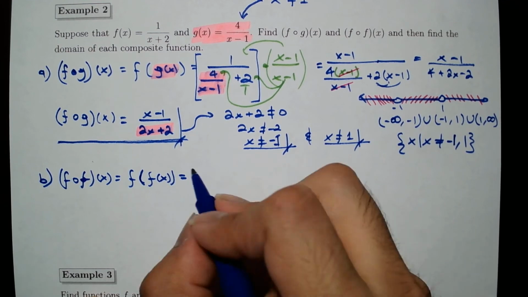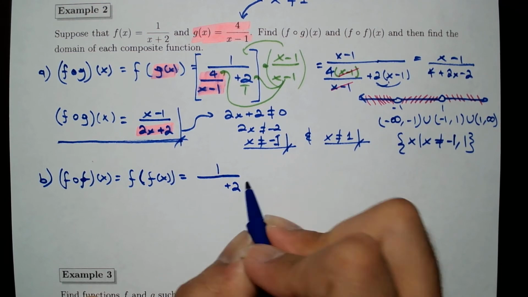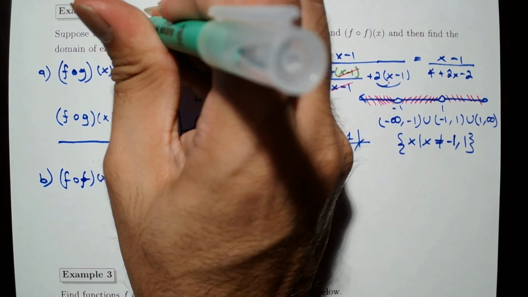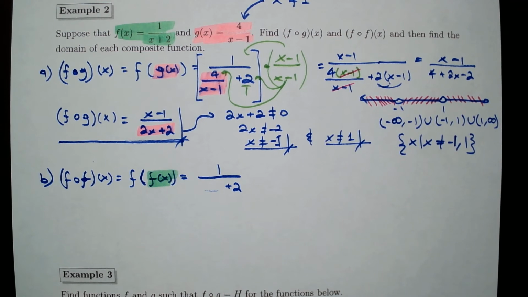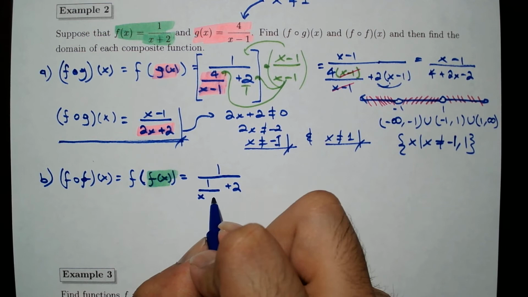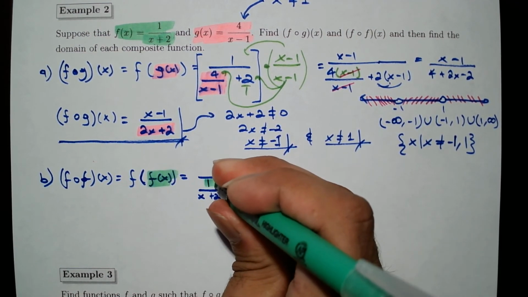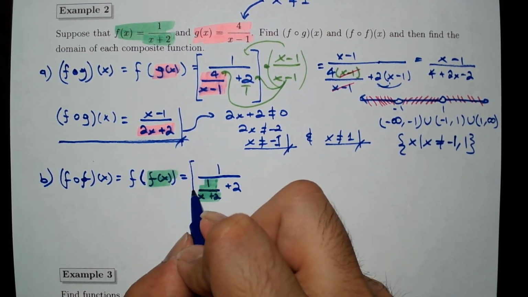So our function f is 1 over x plus 2, but of course we are not going to write x plus 2. We are going to write the other function, which is f. Okay, and I'm going to highlight just so you can see where it is coming from. So that's 1 over x plus 2, all right? And that's what we put in the place of x. So in this case,